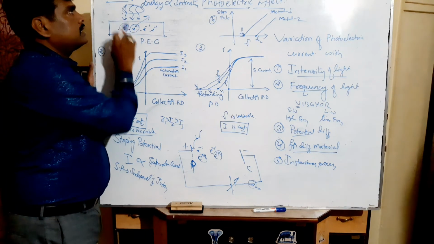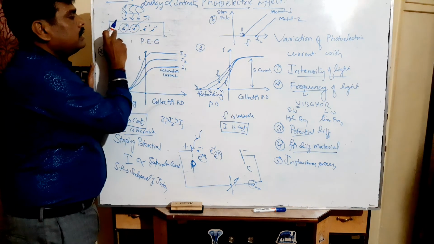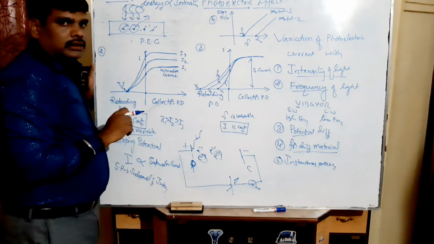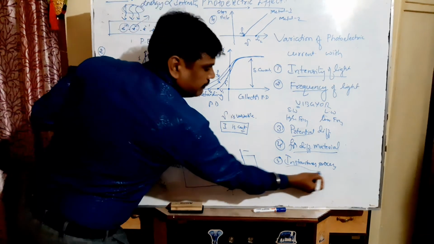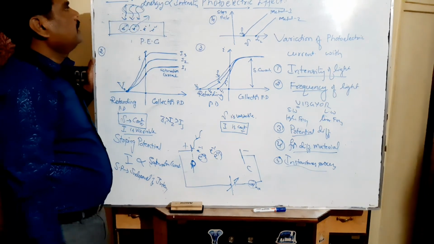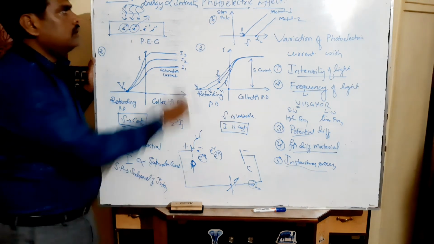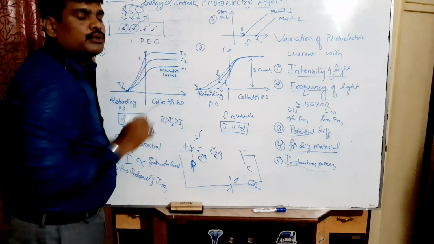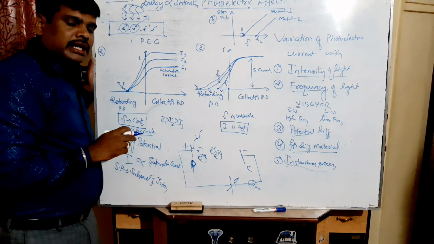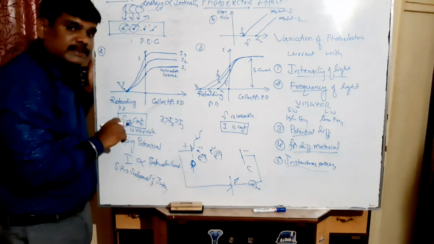According to the wave concept, energy is directly proportional to intensity. If I want to increase the energy, we have to supply light for a long time, isn't it? But the experiment says that it is a very fast process. Once the light is incident, immediately the electron comes out. That's why this wave theory fails to explain the photoelectric effect. According to wave knowledge, energy is continuous, but that fails to explain the instantaneous process.